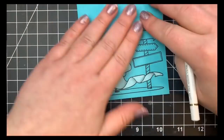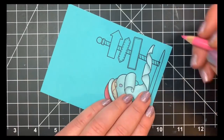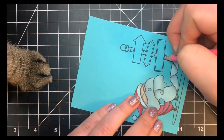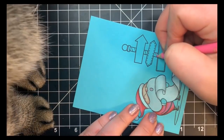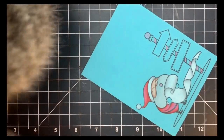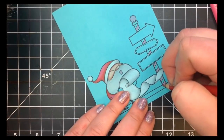Next, we'll move on to the pole of the sign here. And I'm just going to show you the reds. I did every other stripe here, red and white. So I'm going to go in with the lightest color, and I'm using the same color combination that I used for the hat and his little outfit there, but I skipped the lightest mid-tone just because these are such a tiny area. So putting my shading on either side, I'm having to move over again